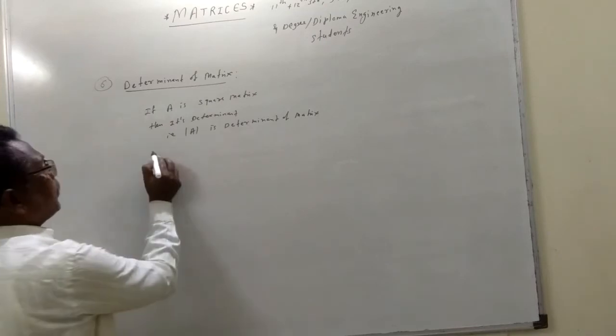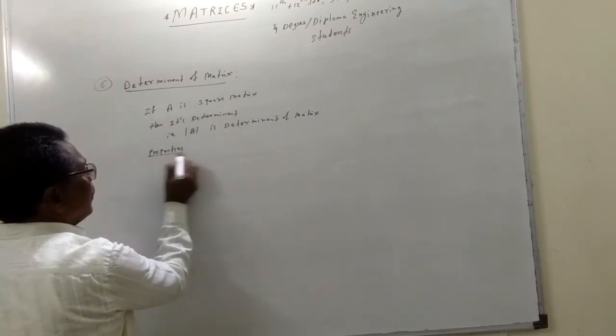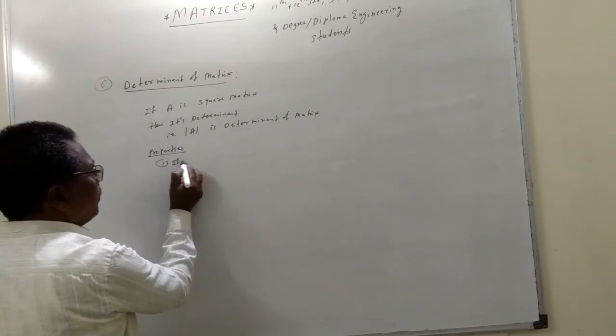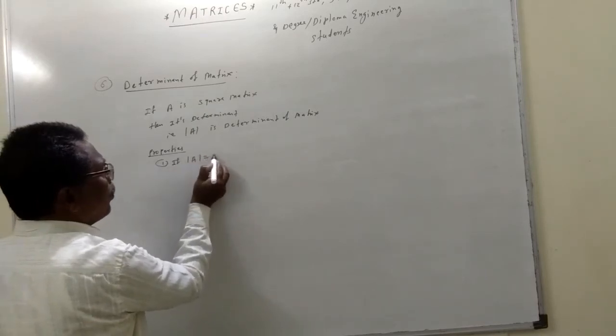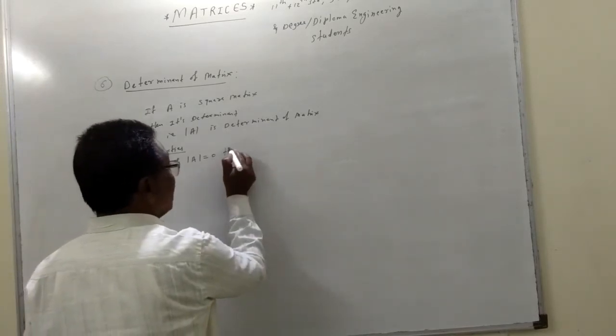Now here we get some properties. So if determinant A is equal to 0, so if the value of the determinant is coming 0, then